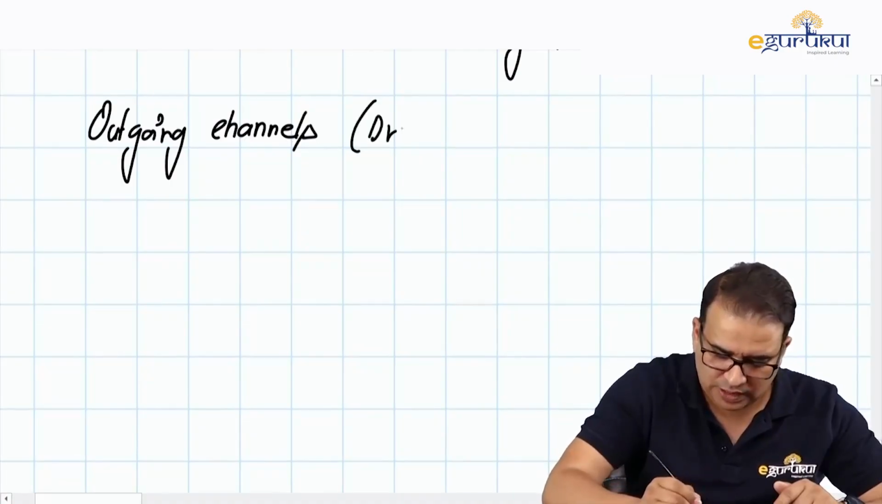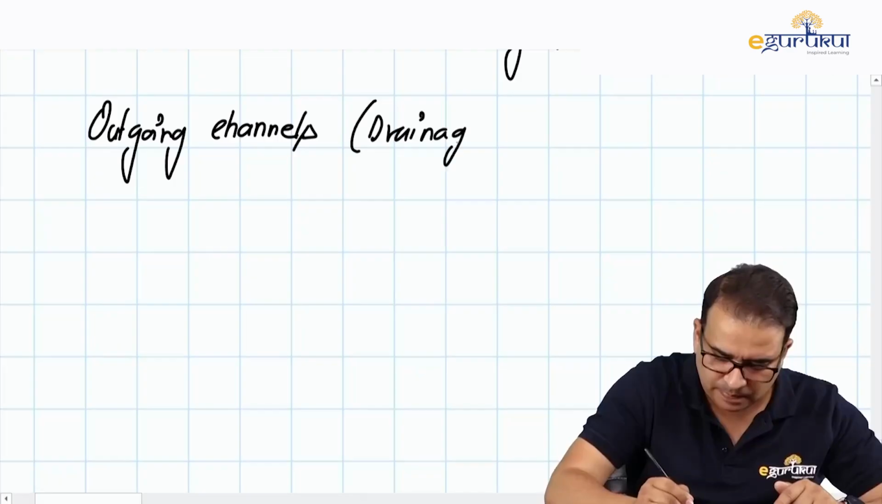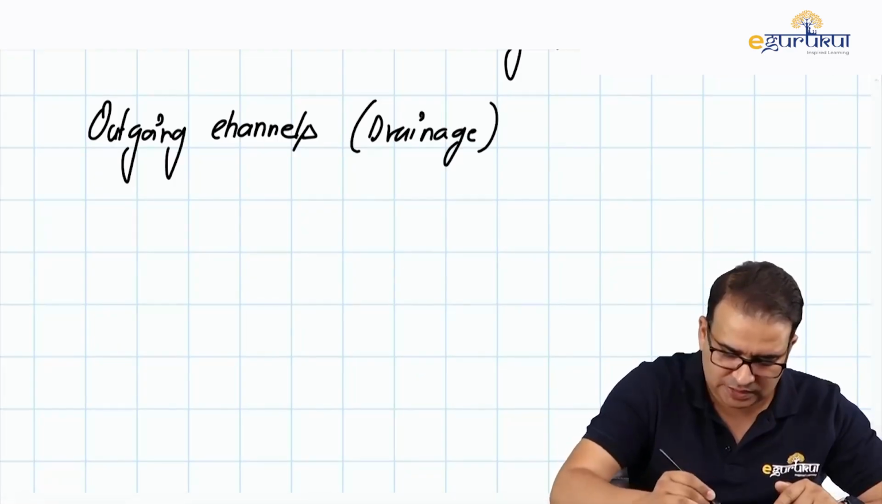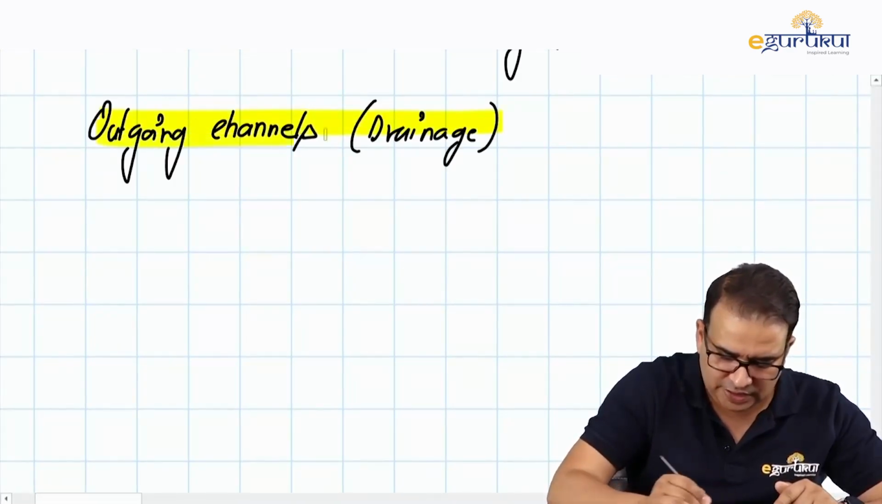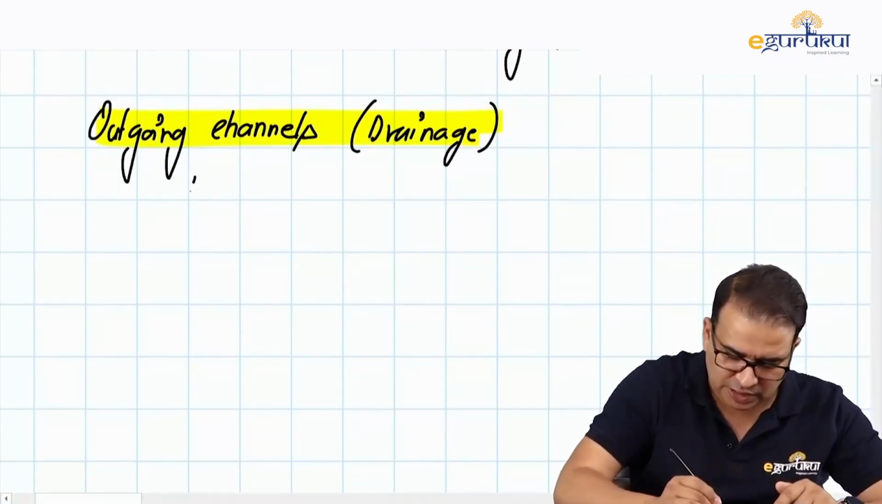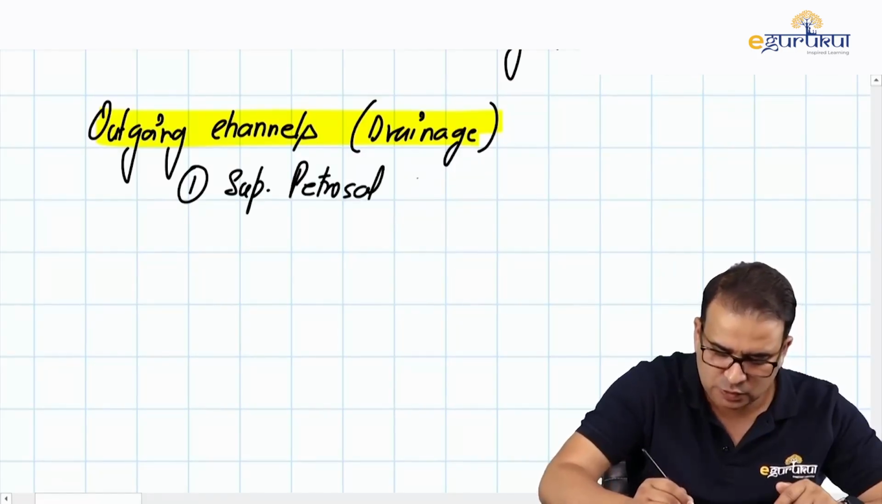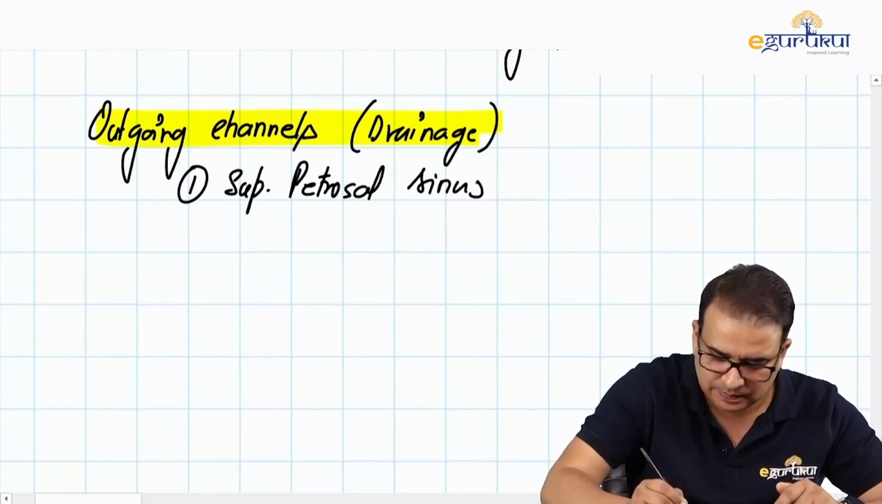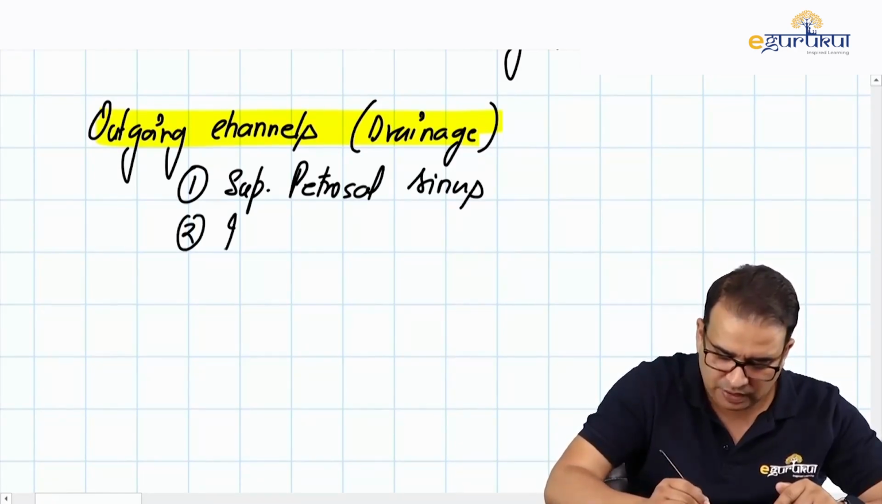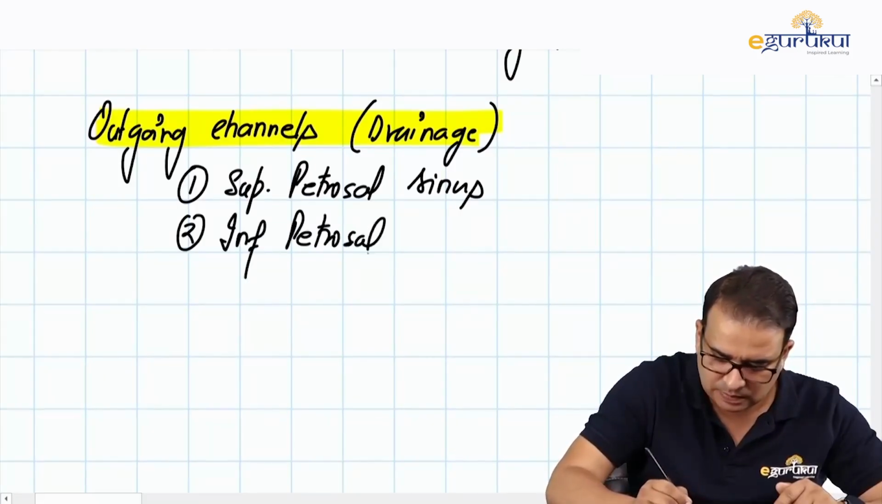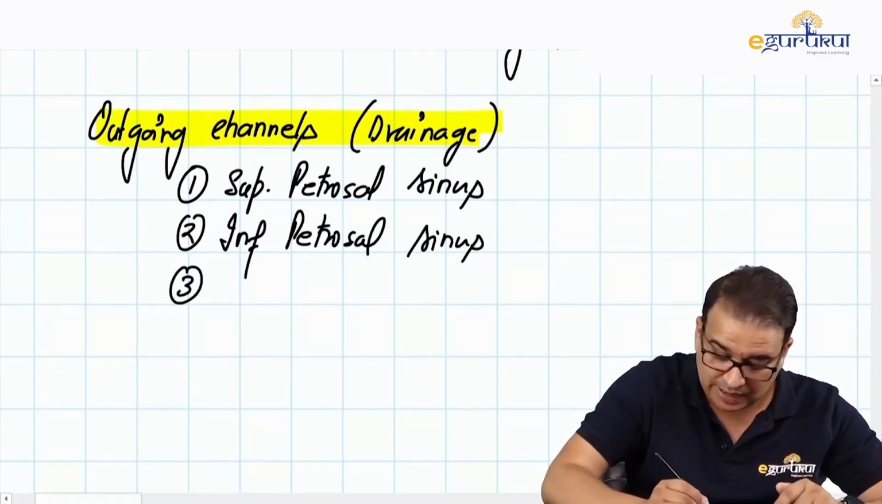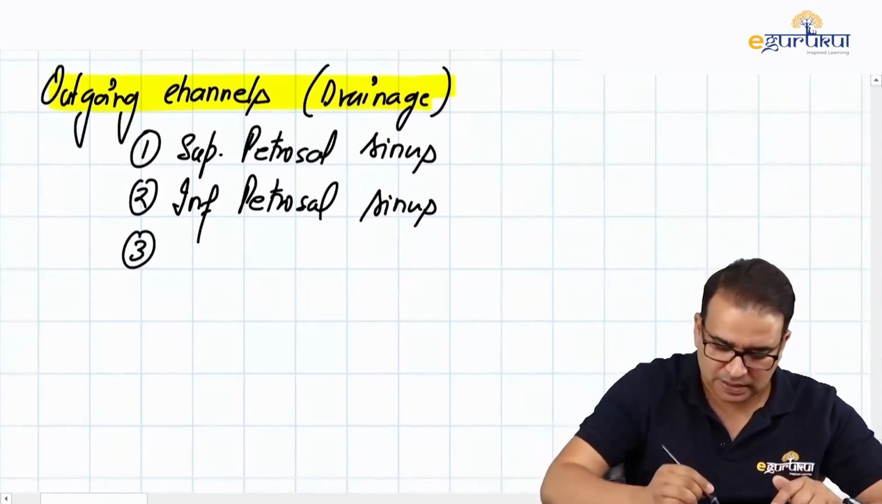Outgoing channels, also called the drainage channels. We already saw one of the drainage channels was what? Superior petrosal sinus. So there is an important catch coming up here. There is a superior petrosal sinus, we have inferior petrosal sinus. Superior petrosal, inferior petrosal. And number 3, which may surprise you a bit, that is the